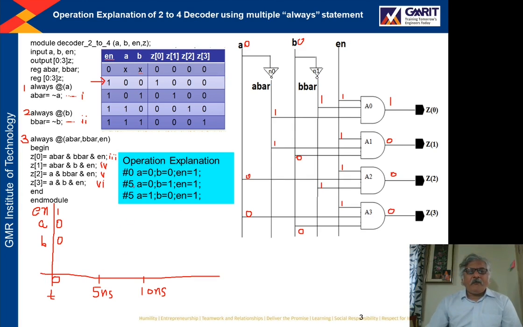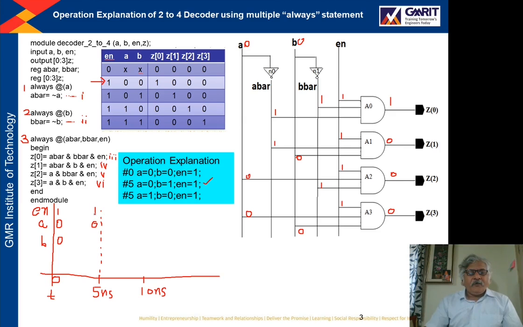Now at 5 nanoseconds, these values will be assigned to A, B and enable, right? At 5 nanoseconds, the value of A will be 0, enable is 1.